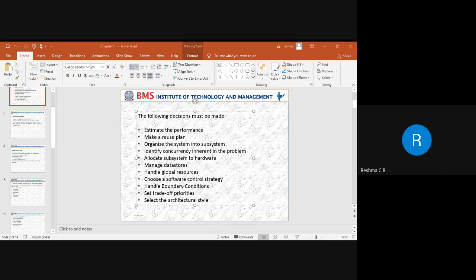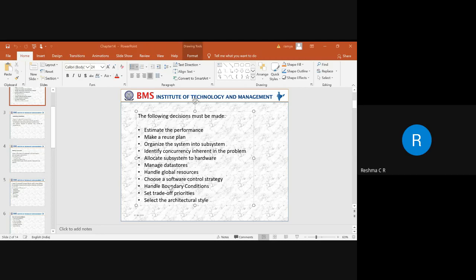The developers have to identify what type of languages they can use, whether they can use artificial intelligence, knowledge-based programming, or procedural languages like C Sharp, C++ or Java. So that is about controlling the strategy.